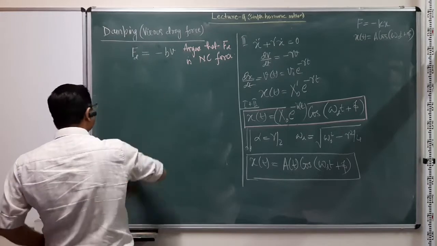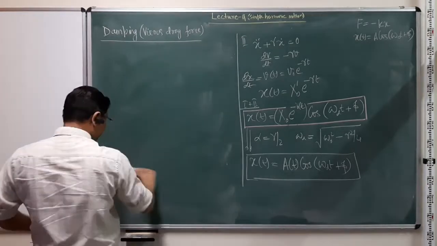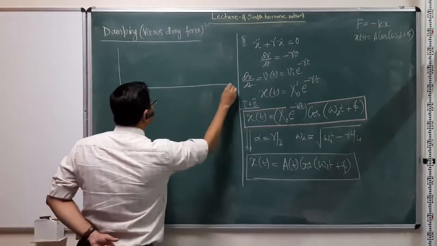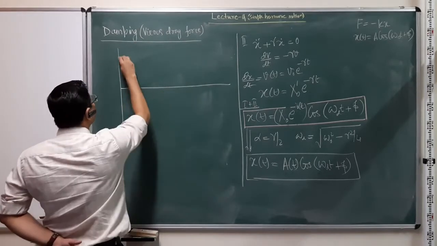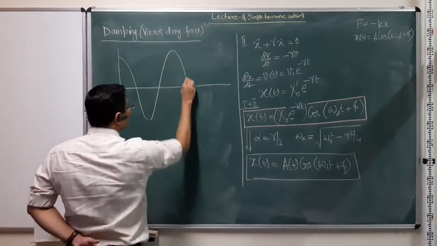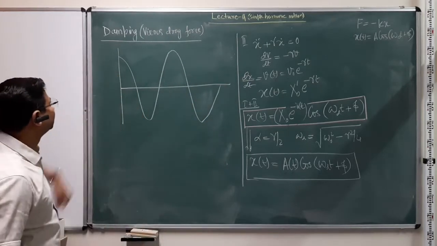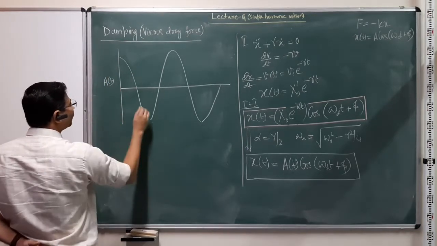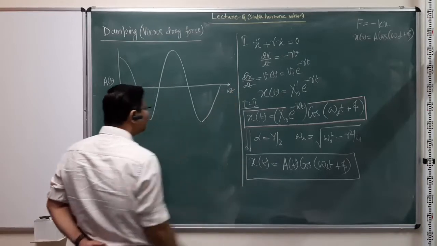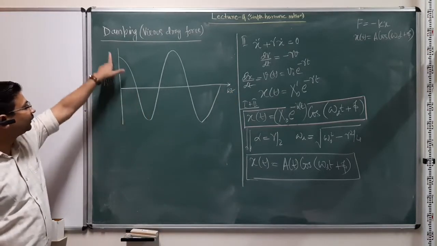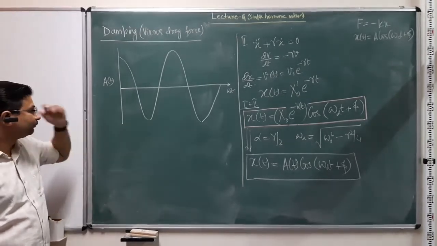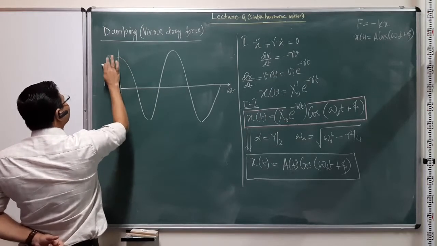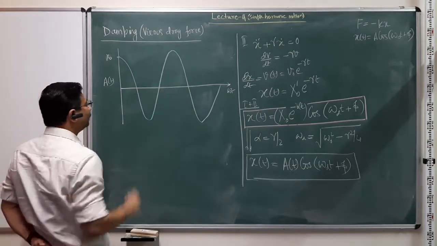So this is the equation of motion for a harmonic oscillator with a damping term. And if you want to plot it graphically, your general harmonic oscillator of that kind goes something like this, right? With the initial conditions, we said the phase angle is 0. So let's say this is A of t, and this is my omega t. For an undamped harmonic oscillator, this is how the amplitude changes as a function of omega t. It starts with some x naught here, and then keeps fluctuating between these two.